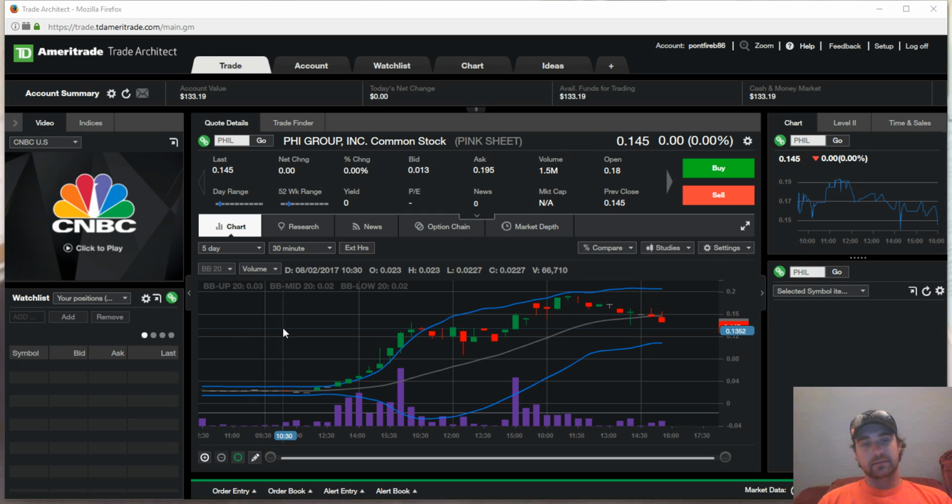So Phil here was trading really thin before the news officially broke out. Their 8K was released, and I noticed how thinly this was being traded. What I mean by that is I'm looking at this Bollinger Band. There's three different lines here on a Bollinger Band technical analysis indicator, and these Bollinger Bands are really close together,